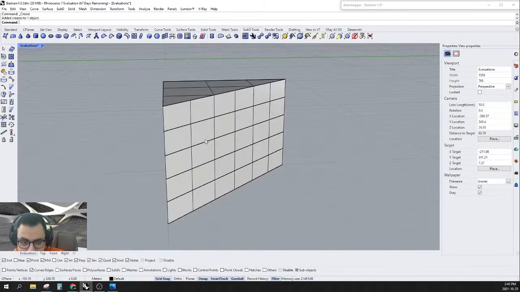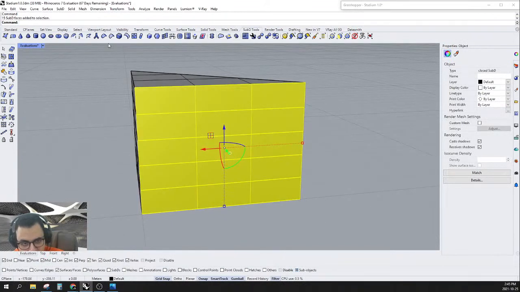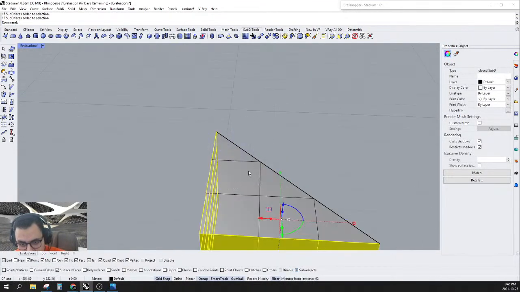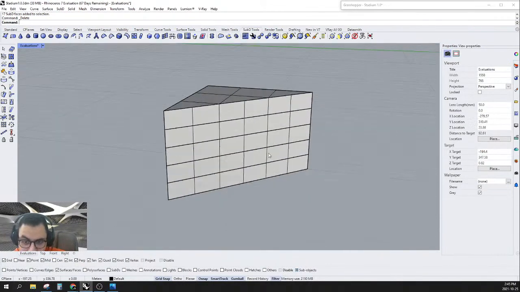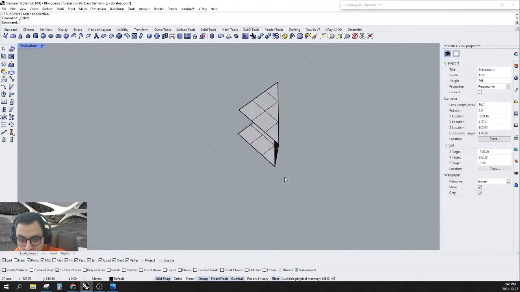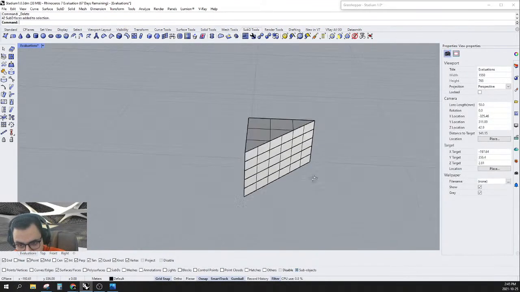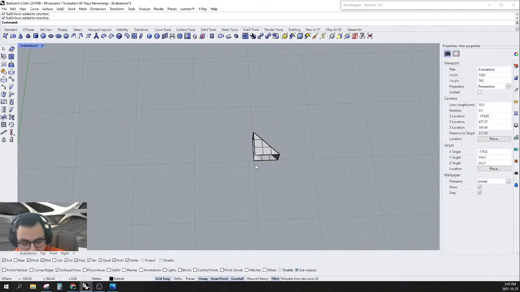I don't need these faces, so I will select these faces right here and these faces right here, without those, of course, and delete. Yeah, this is much better. Okay, so now let's select this one again. Yeah, let's select it and go to the top,